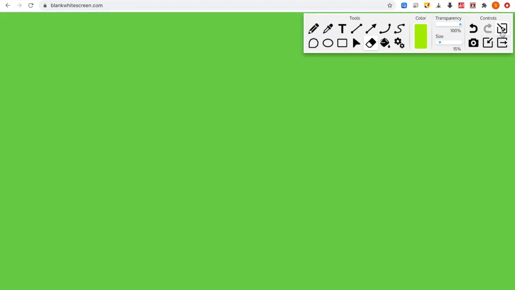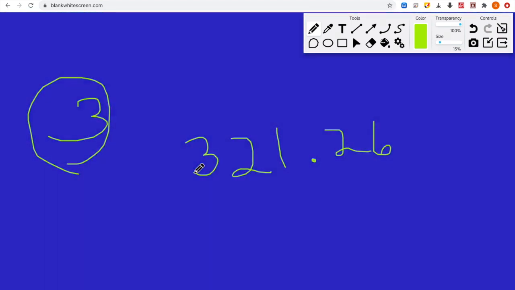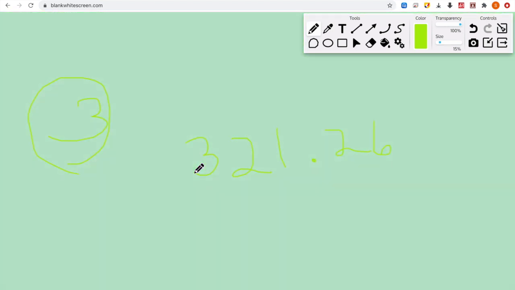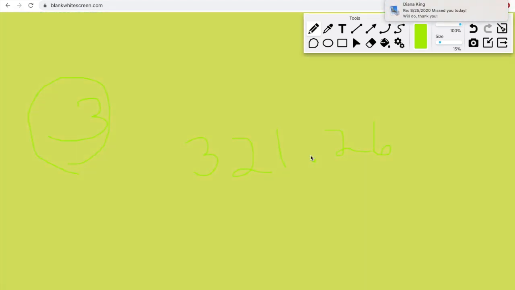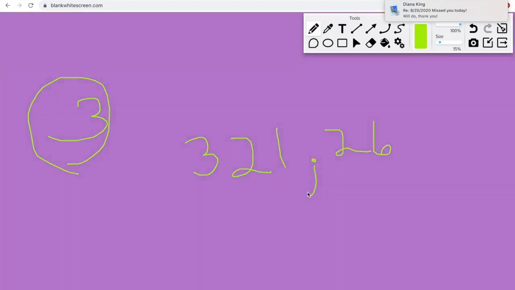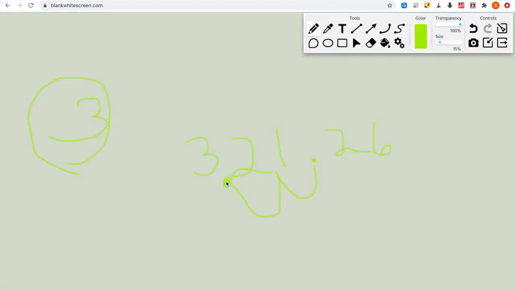So now we're going to try going from decimal form to scientific notation, the other way around. We have 321.26. The first thing, I recognize that this is in decimal form because it doesn't say times 10 to the whatever power, and I have 1, 2, 3 numbers in front of the decimal. So let's take a look at how many times we need to move it to get exactly 1 number in front of the decimal. I need to move it over 1,